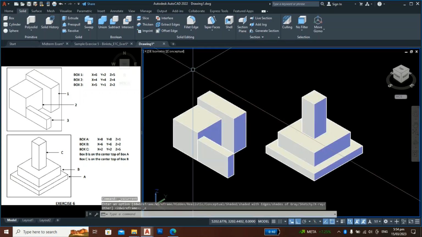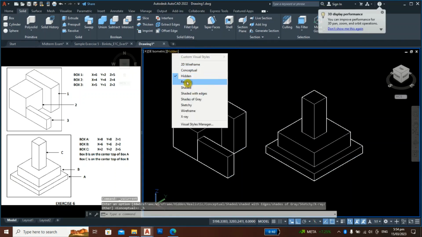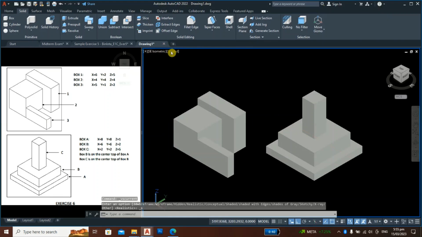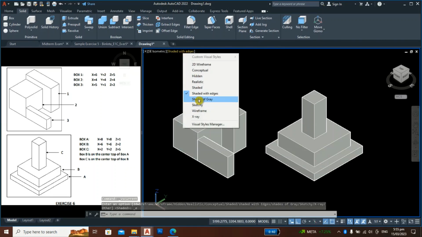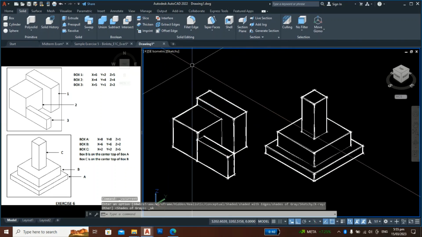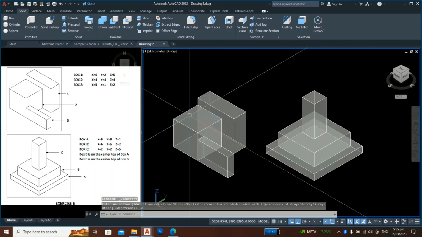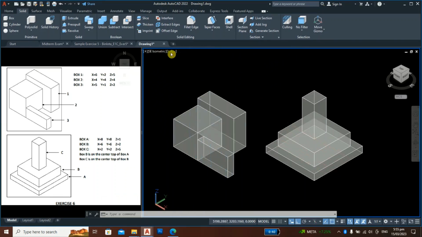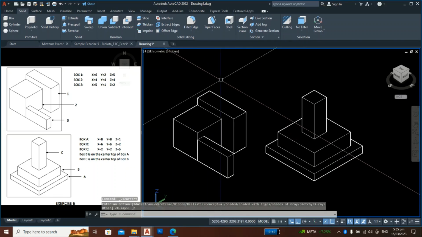Then let's say conceptual, or hidden, or realistic, or shaded, or shaded with edges, or shades of gray, or sketchy, okay, or wireframe, or X-ray. Okay. What we will use here in your submission, use the visual style hidden. Okay, click this,